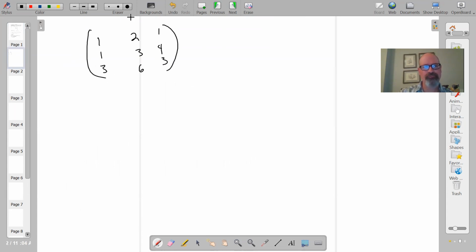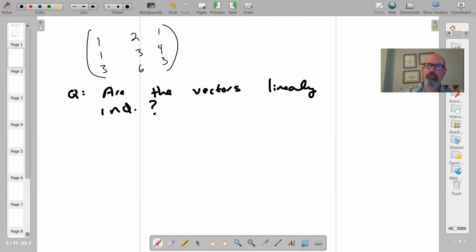When people were completing this problem, on the ones that I've graded, I think people understand procedurally how to approach it. The question is, are the vectors linearly independent? The way most people are trying to address this, and I'm not saying it's wrong, is that they row reduce the matrix and hope to get something out of that. I'm going to go a little further on that when I provide this answer.